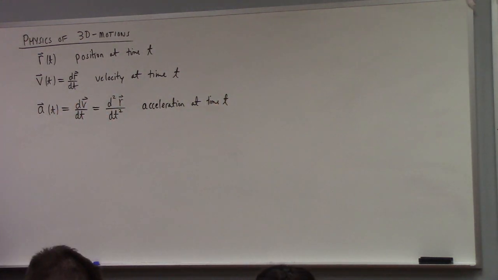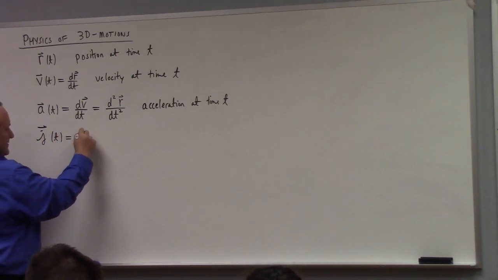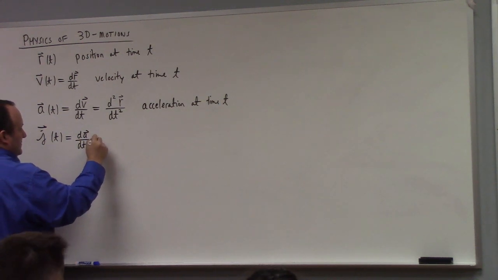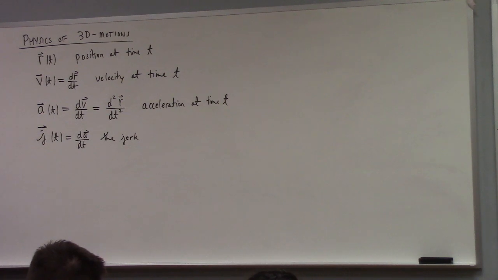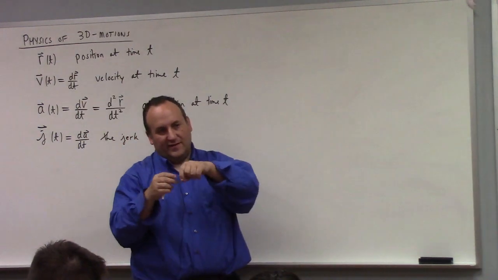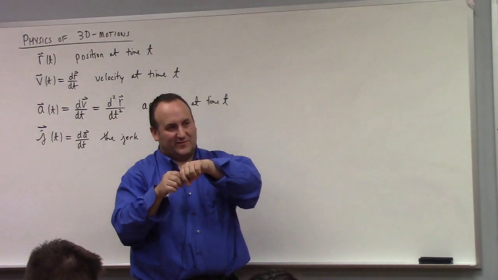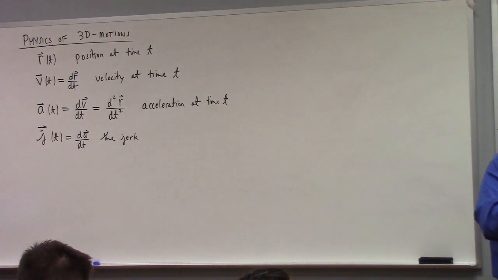All right. What's past acceleration? You guys know? Jerk? Yeah, the jerk. So I guess if you want, the jerk is equal to da dt, which is the jerk. And that you've experienced if you're on a train and you're going from a flat section to a curved section. As you go from the flat to the curved, you notice the train kind of jolt. That's the jerk being non-zero. It's essentially a discontinuity in the acceleration. All right, so